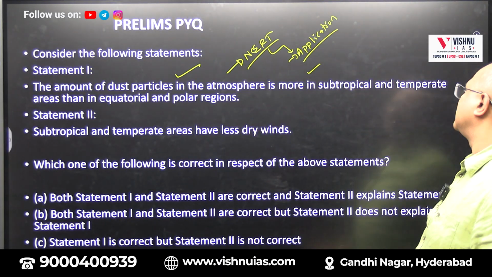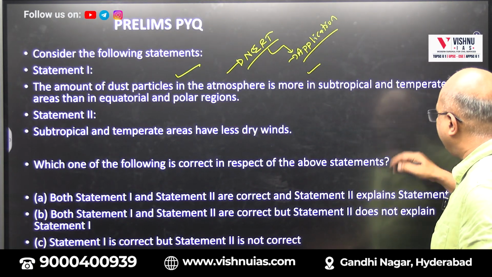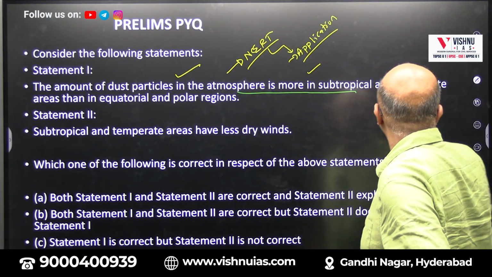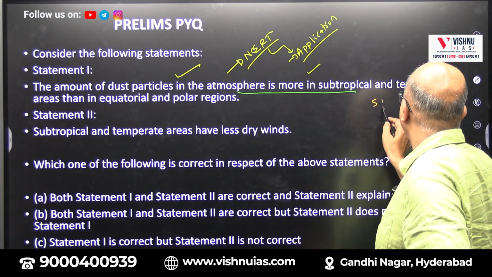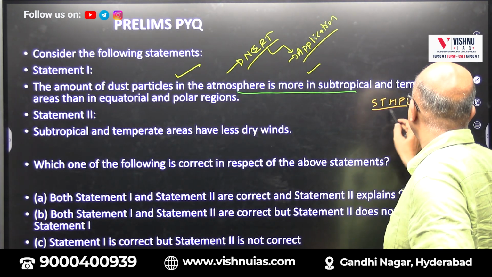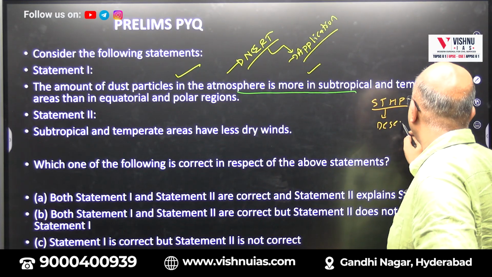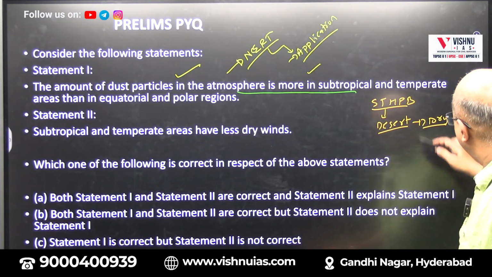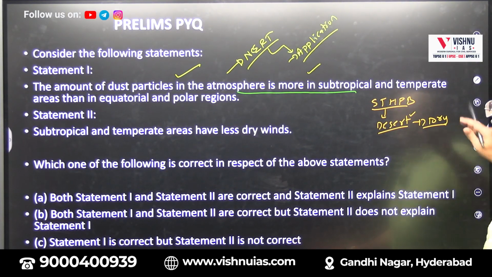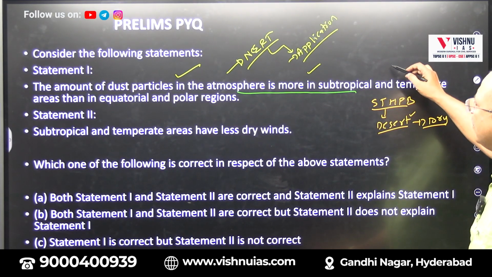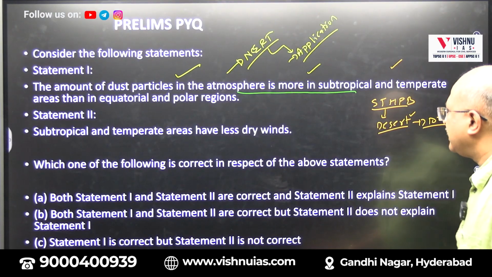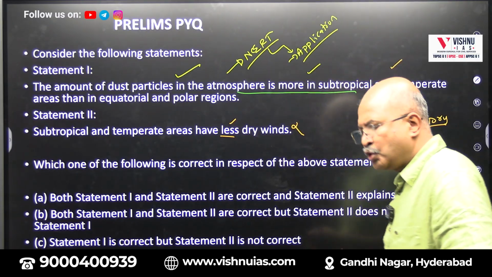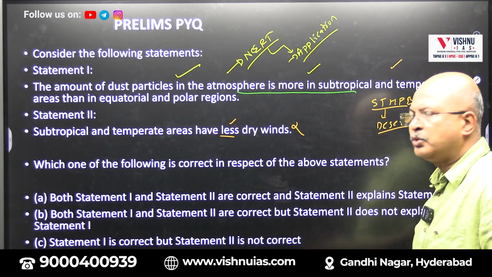The amount of dust particles in the atmosphere. Now when we read geography in detail, the geomorphology and the climatology, you will find that these areas are associated with something called the subtropical high pressure belt. And these are the areas where we find a large number of deserts. And these are the areas where we find dry winds. And these dry winds bring the sediments there. So hence, we always find that the subtropical areas will always have a large amount of dust particles, right? And they always have more dry winds, not less, more dry winds will be there. So you should make an analysis and then bring that into the statements there.